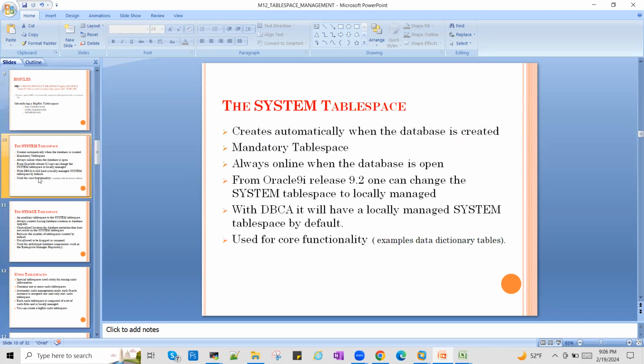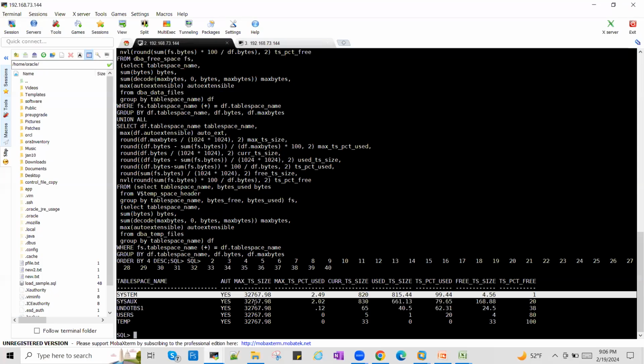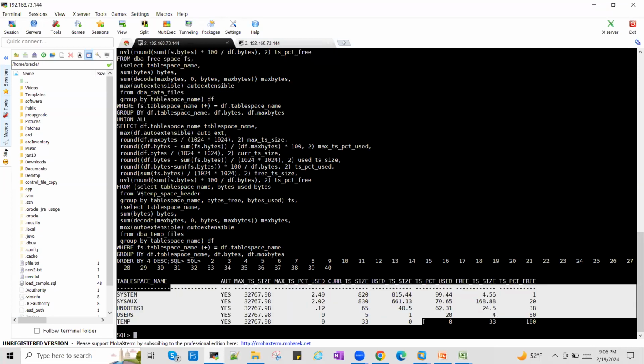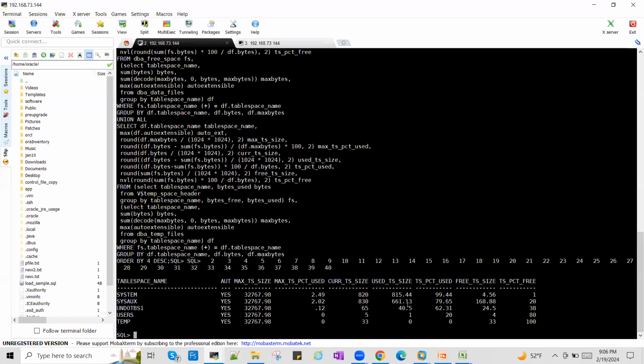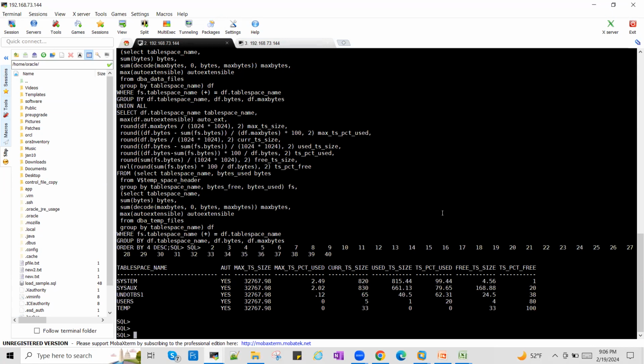So next comes the system tablespace. What is a system tablespace and why does this get created when we are installing the database? The system tablespace is a tablespace which has data files in it to store information about the database. Now you are trying to query this information, right, about how much table space is used and everything. Where is this information stored? Somewhere in the system table space. This is all about the database, right? We are trying to query something from